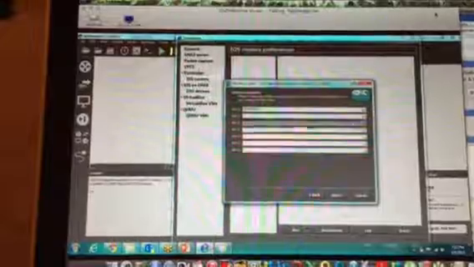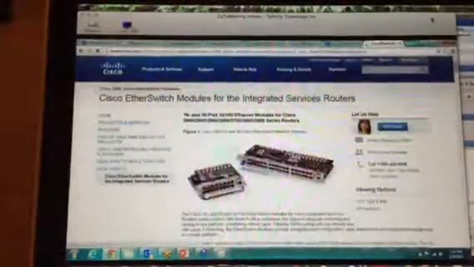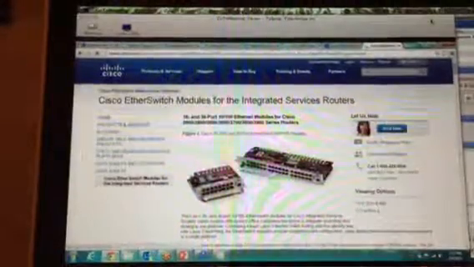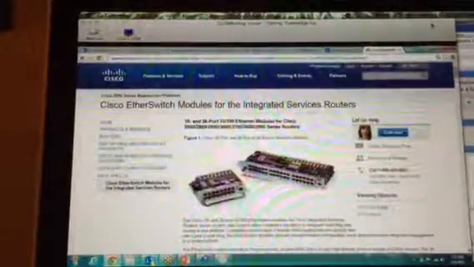And how does it look? It looks like this. So it shows you what different types of cards can be installed on the router and what different interfaces can be on a router by just Googling the name of the card. And you also have something like NM16ESW. So let's go look up what NM16ESW does. It is an ether switch module, and by connecting this card, you will get about 16 different interfaces on your routers. And these routers, or when you